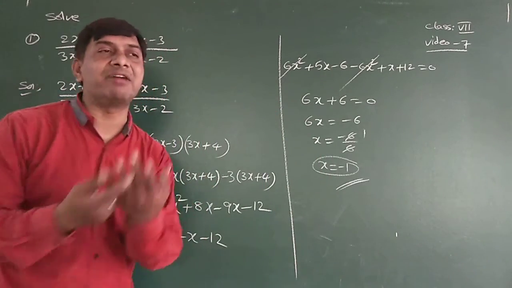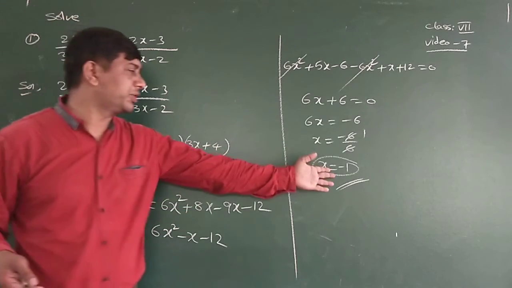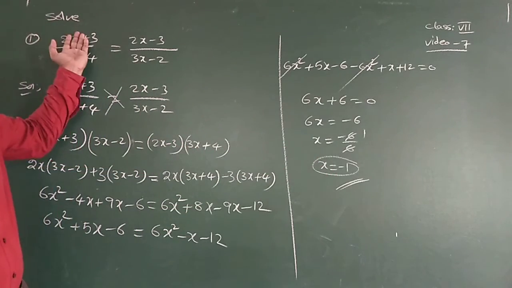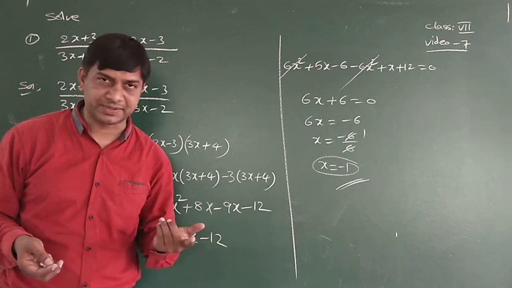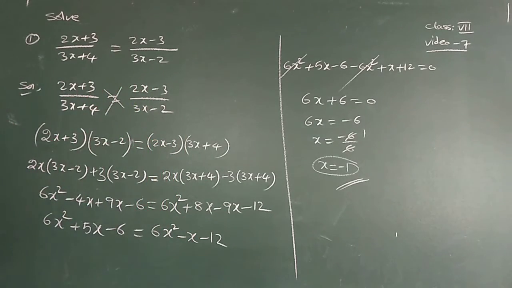From here onwards I don't write the verification part, it comes as the answer. In case you still have doubt, you verify by substituting the value you obtained in the given question, whether you get LHS and RHS the same or not, you check it. Okay, please note down this.